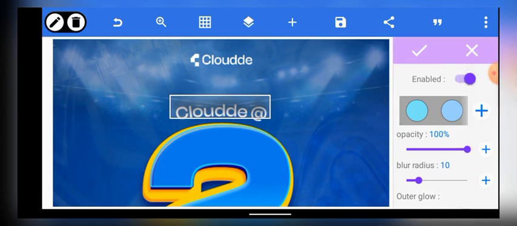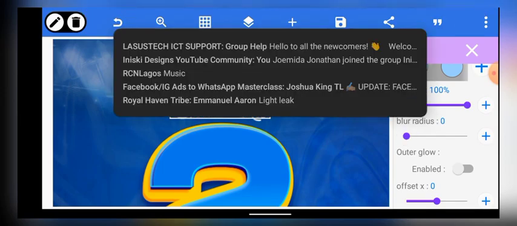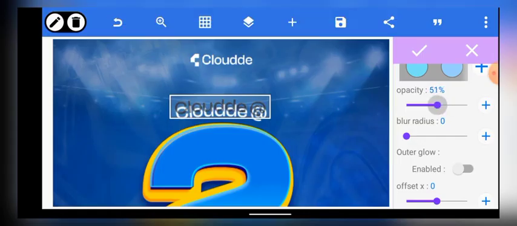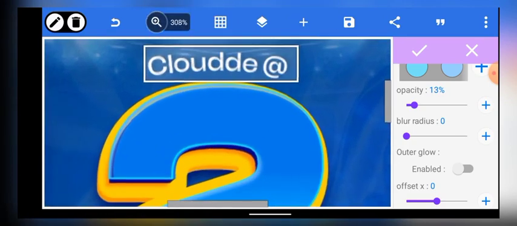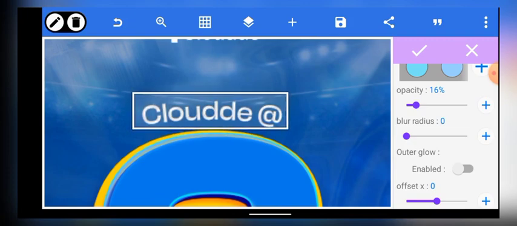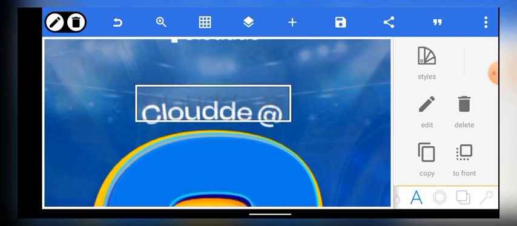Text effect is when you add shadows to give a different feel on your text. So reduce the opacity. Yeah, attention now. So this is it. What I did basically is duplicate that text, then remove the opacity,